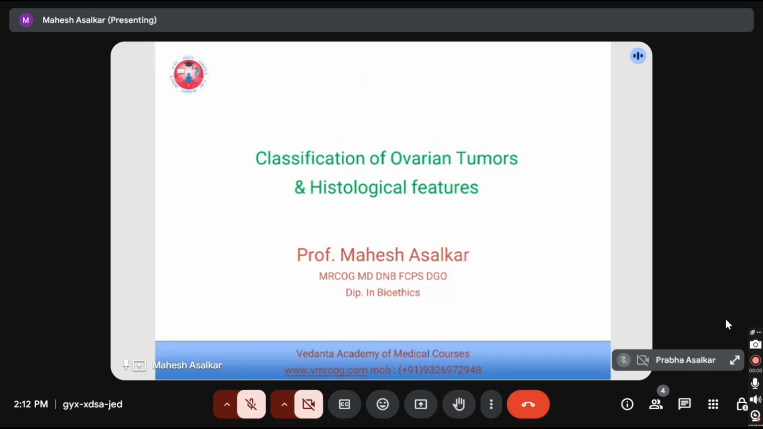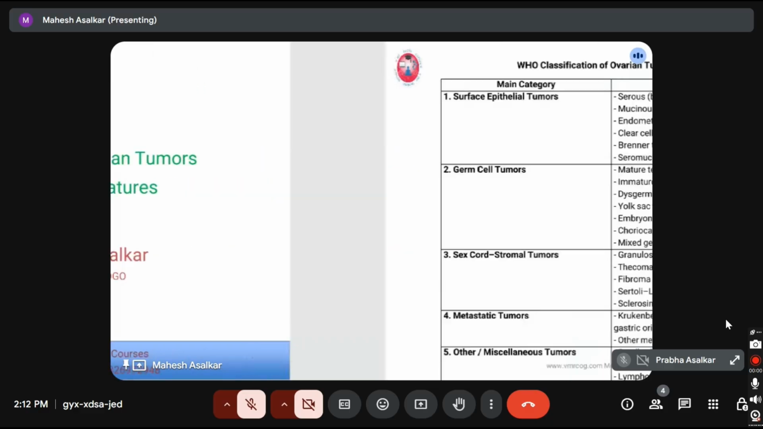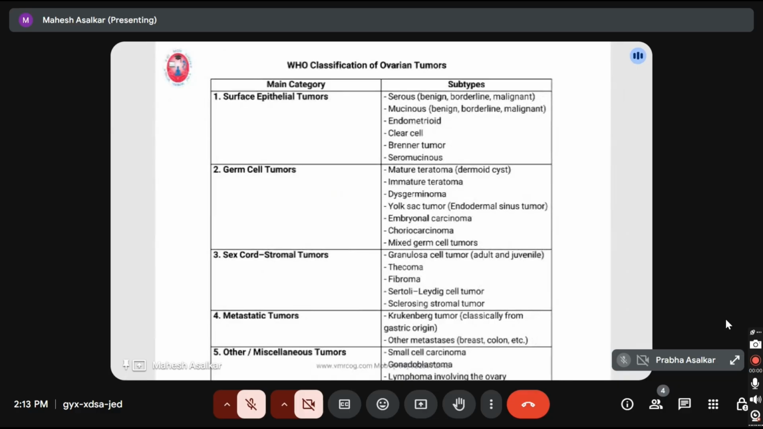So our topic of discussion is classification of ovarian tumors and histological features. This topic is also important from MRCOG part 1 examination point of view. SBA can be asked on this particular topic. So we have a WHO classification of ovarian tumors, which is divided into 5 different categories,